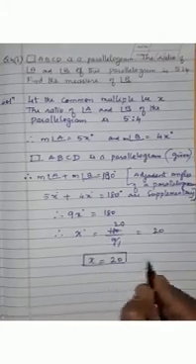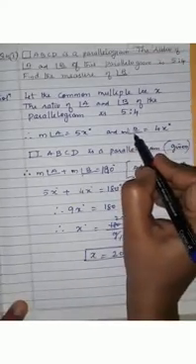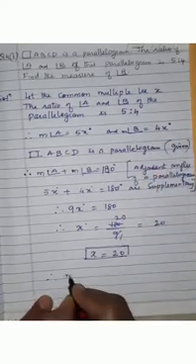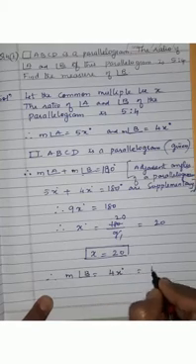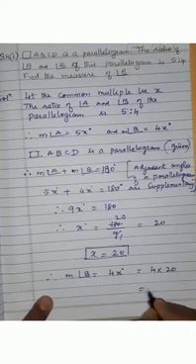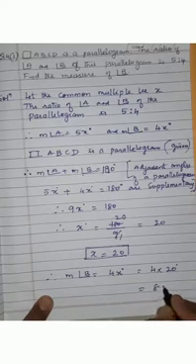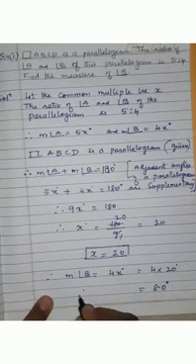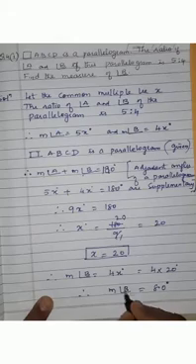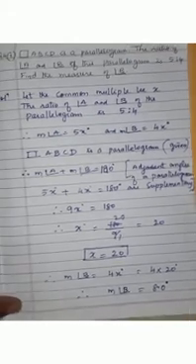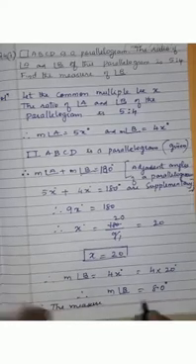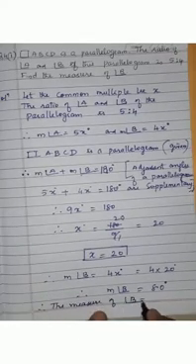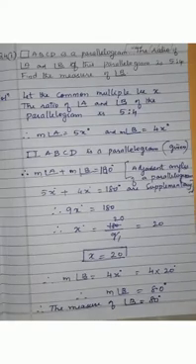Okay children, now since we got the value of x as 20, we want to find the value of measure angle B. Measure angle B is given to be 4x degrees. So that means 4 into 20, that's equal to 80 degrees. So measure angle B is 80 degrees. You will write therefore the measure of angle B is equal to 80 degrees.